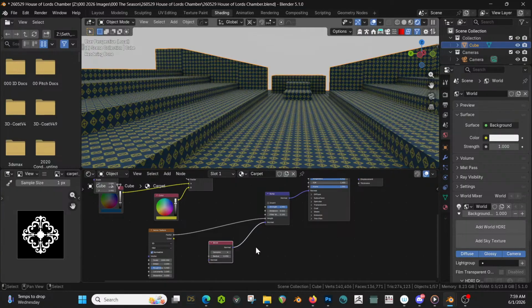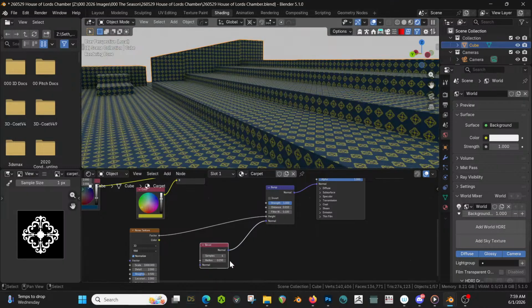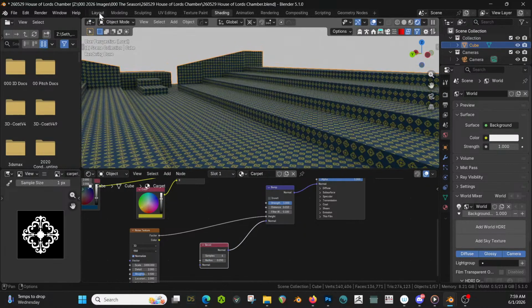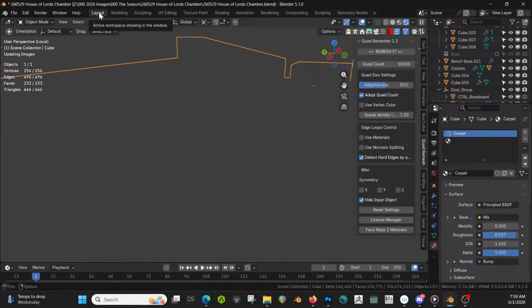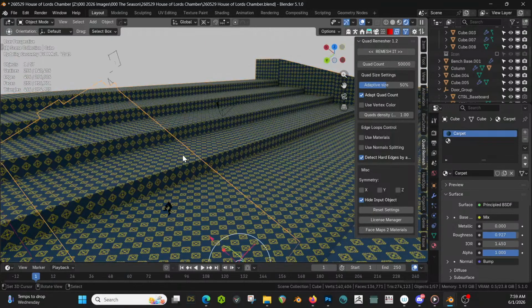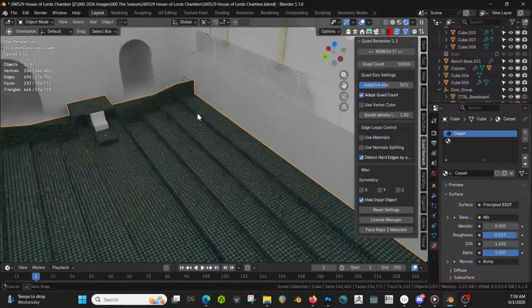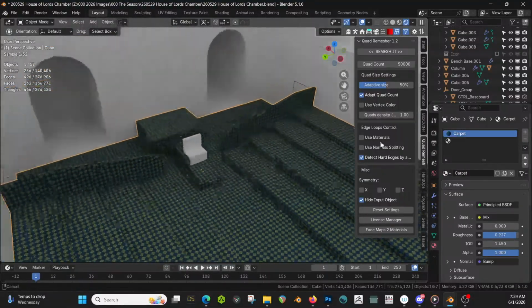There. So our carpet's going to be a bit smoother. Radius. Yeah, sure. Looking good. You gotta change a few things because not all of it is going to be that carpet. But for the purposes of where we're going right now, we're doing okay. Bring it back. Okay. Now,